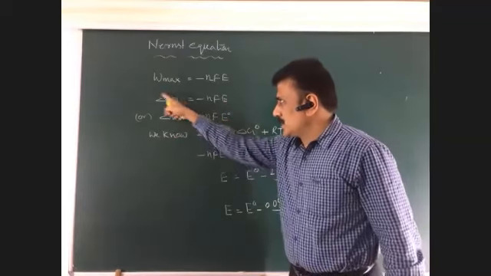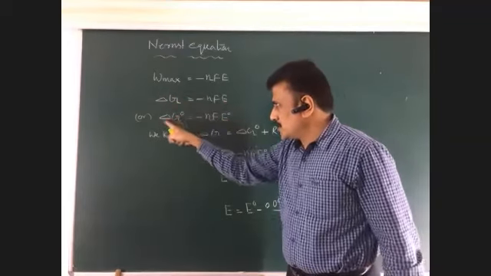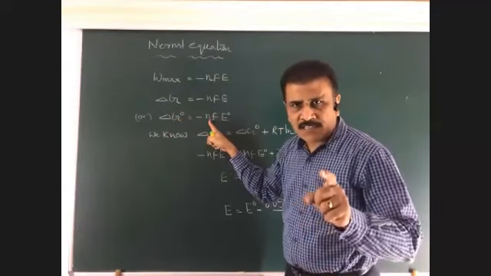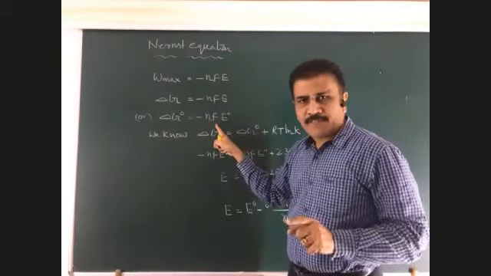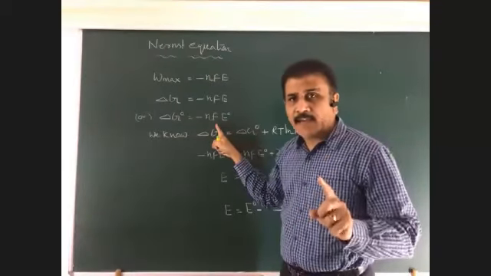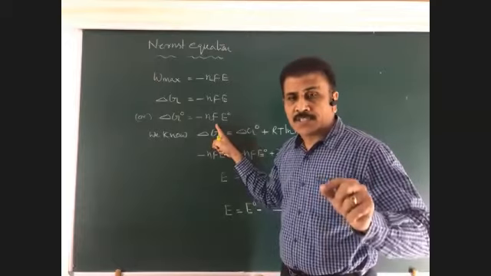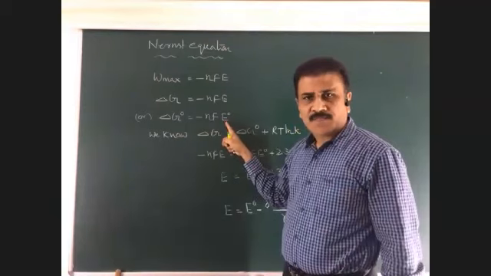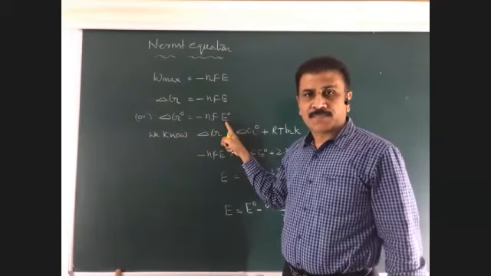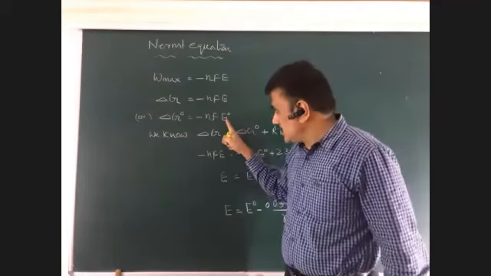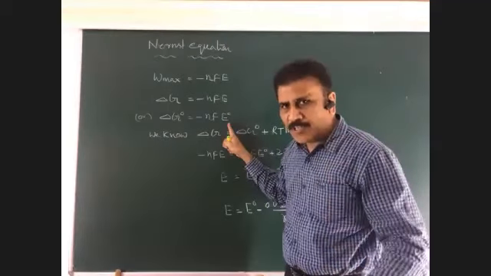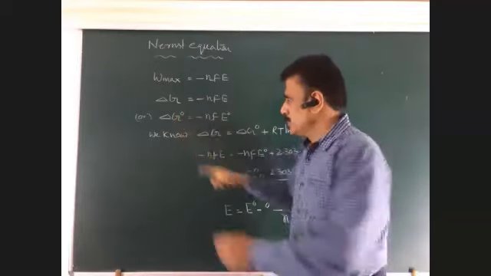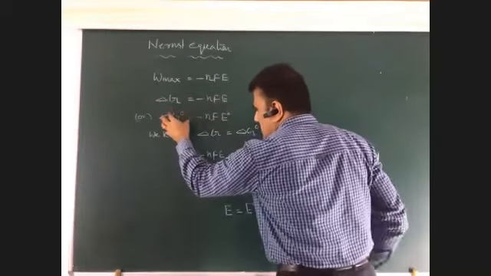These are general conditions. And at standard conditions, what is n? Number of electrons involved in the redox reaction. What is F? Faraday. 1 Faraday is equal to 96,500 coulombs. And what is E naught? Electrode potentials at standard conditions, at 25 degrees centigrade, at 1 molar concentration, the value of Gibbs energy. So this is a normal condition, this is standard condition.